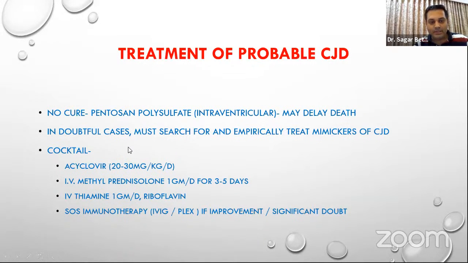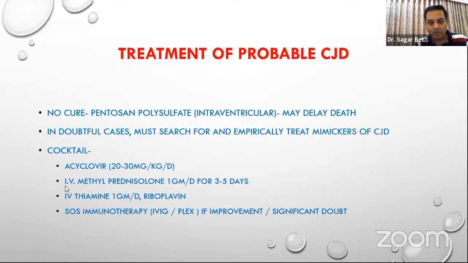And always in doubtful cases, in which we are not convinced that it is CJD, especially in early cases, or patients who show inflammation in CSF or in the systemic serum markers, or have any type of systemic autoimmune disease, and patients who have a normal MRI, without the typical finding of CJD on MRI, we should always search for and sometimes even empirically treat the mimickers of CJD. There is no protocol of that sort, but commonly I would say we should use a cocktail of empirical treatment, which includes acyclovir for herpes simplex encephalitis,